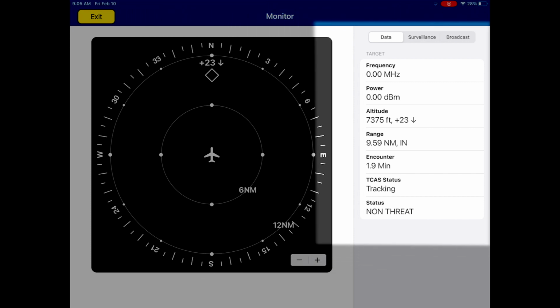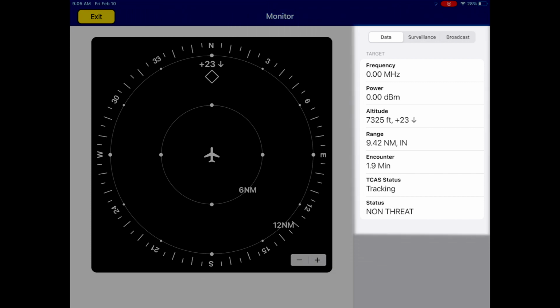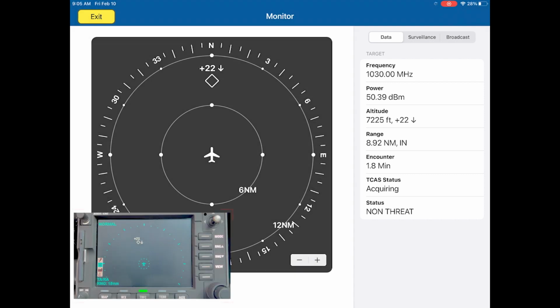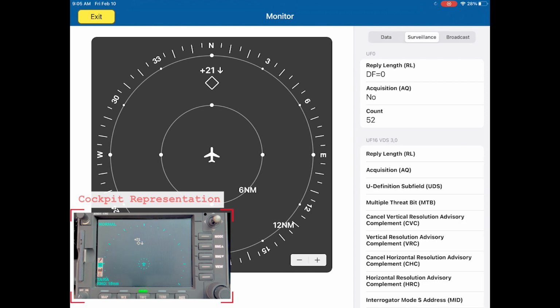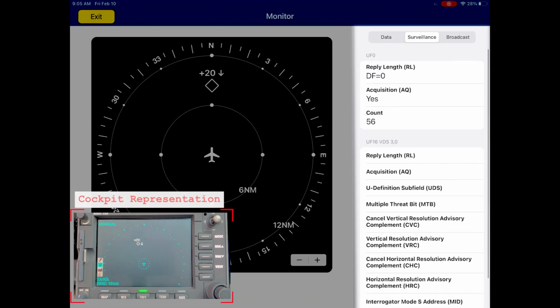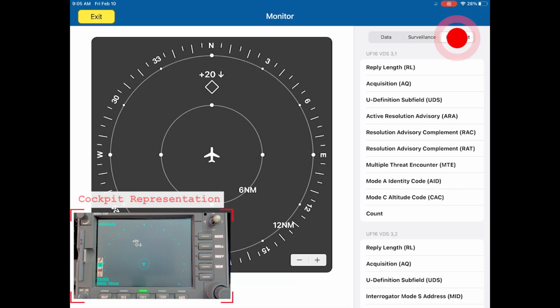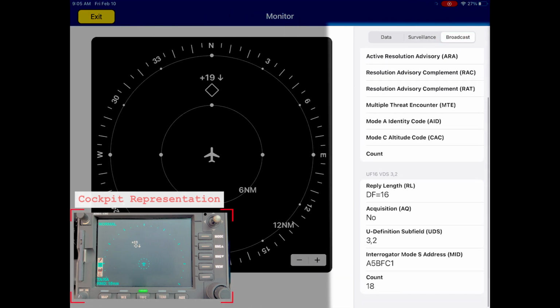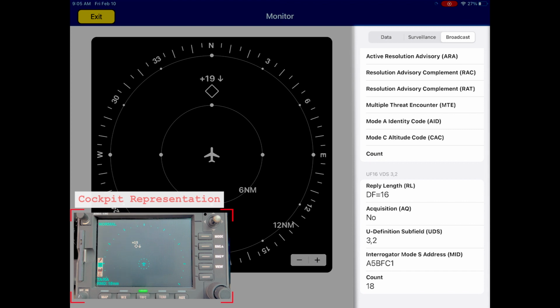Verify that frequency and power indicators are receiving valid values. In this scenario, the cockpit display should show a target moving with a decreasing altitude. This behavior will vary for different scenarios. Downlink Format 0 information can be verified in the Surveillance option. Also, it is important to verify that the Downlink Format 16 has the interrogation address of the aircraft that is